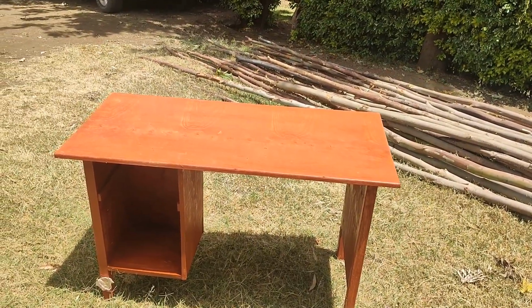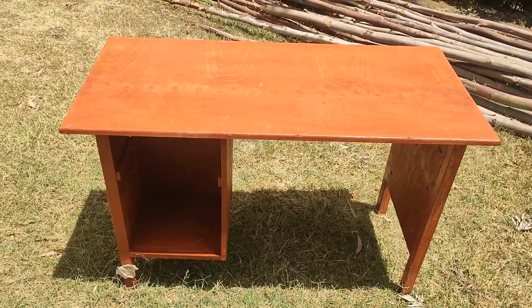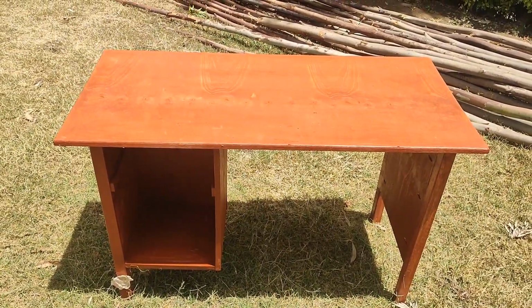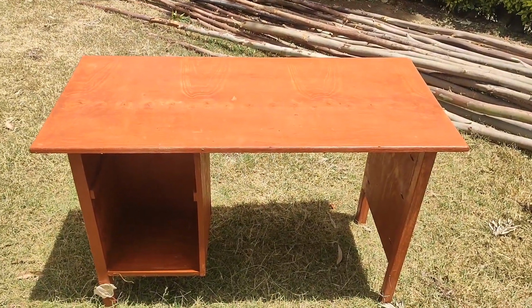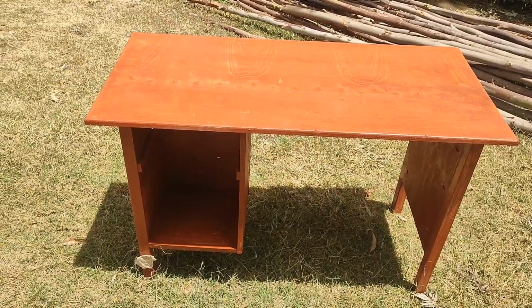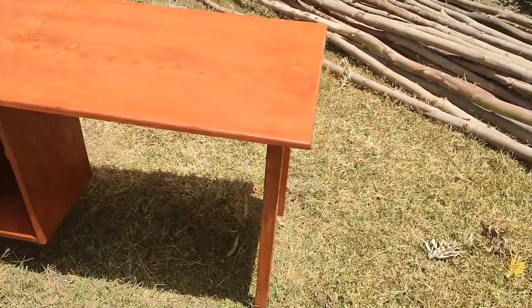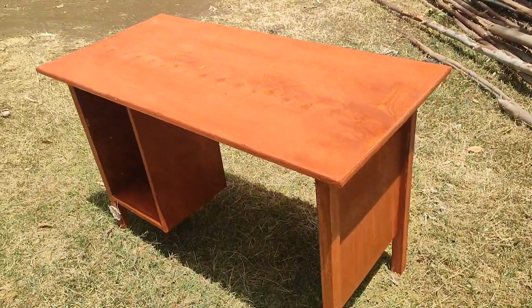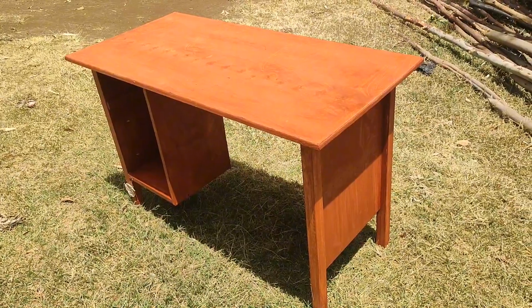It's another creation. I've just used about maybe an hour or two, with help from my son, to build this small desk, which will be used for our water kiosk at the petrol station side. So basically,